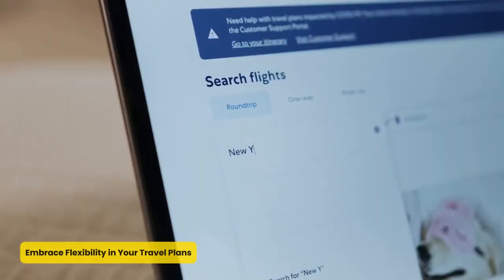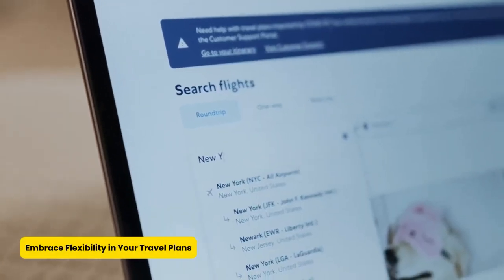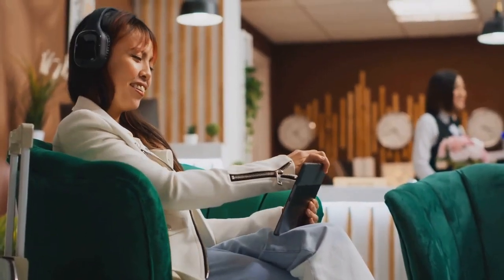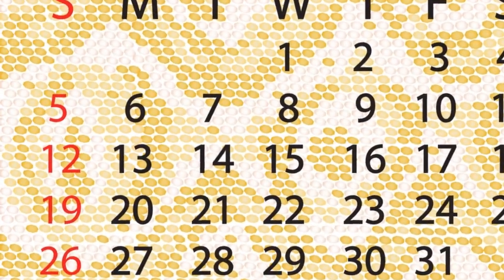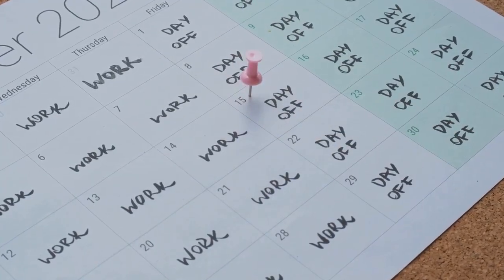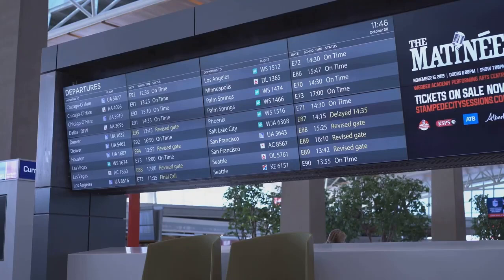Embrace flexibility in your travel plans. Flexibility is the cornerstone of saving money on flights. Most people plan trips around specific dates, but being open to changes can lead to massive savings. Did you know that flying midweek, specifically on a Tuesday or Wednesday, can be up to 20 to 30% cheaper